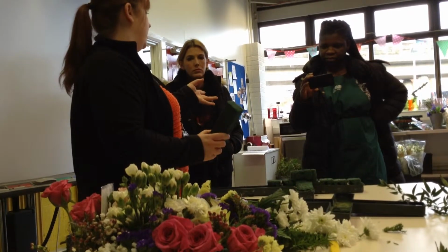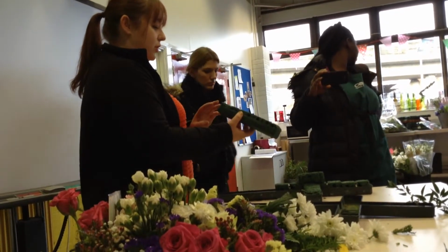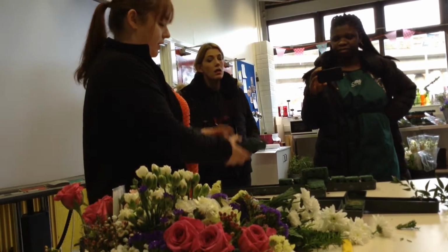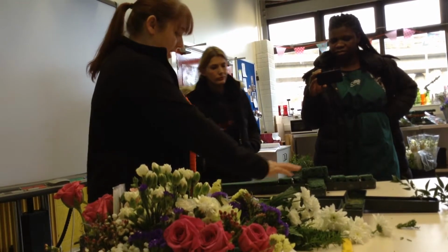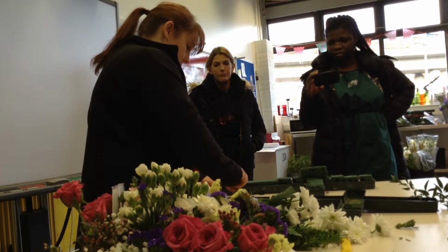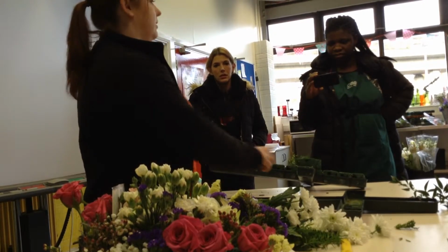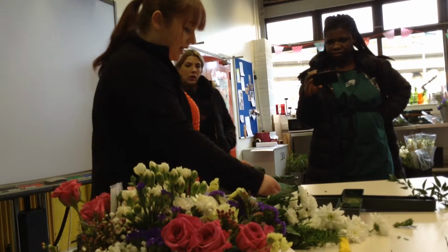If you're lucky enough to finish first and get one of the ones that have already got Oasis in, what you have to do, so you don't get the holes, is turn it upside down. Okay, so just turn it upside down and push it back in, and then you'll end up without any holes in the cross. Now, you do have to make sure that every bit you do is taped. So every section that you cut, make sure that it's taped with the Oasis tape. Okay? So then...